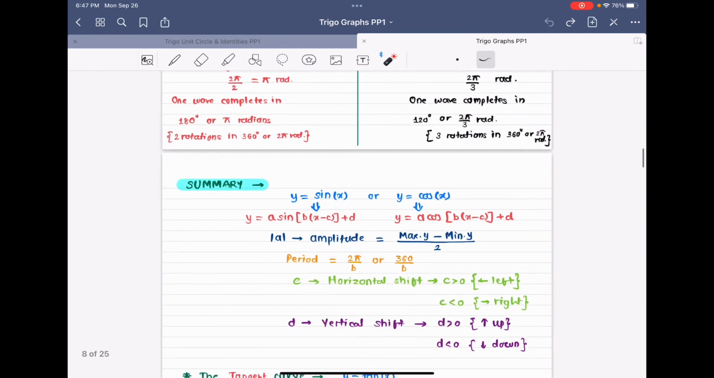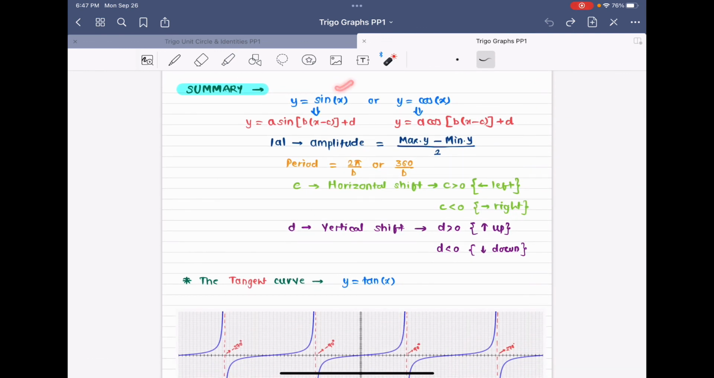So final summary: if y is equal to sine x or y is equal to cos x, I am writing y is equal to a sine bracket b times x minus c bracket complete plus d, or y is equal to a cos bracket b times x minus c bracket complete plus d. Whether it's sine or cos, the multiplier of sine or cos, a, is the amplitude. The formula is max y minus min y over 2. Period, the x multiplier, this is your b,